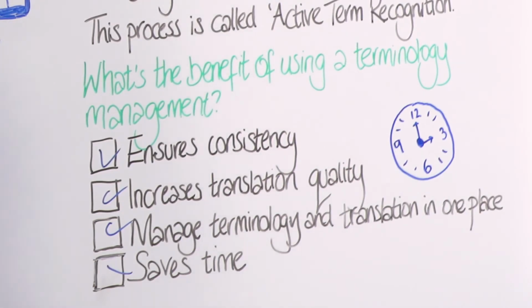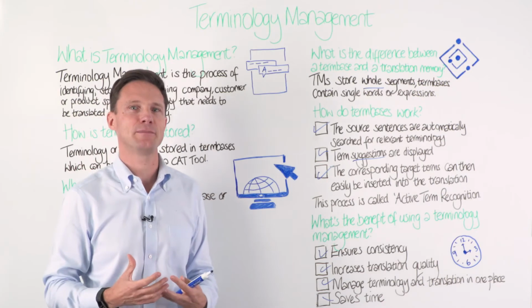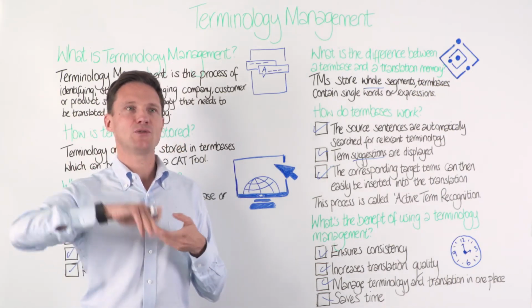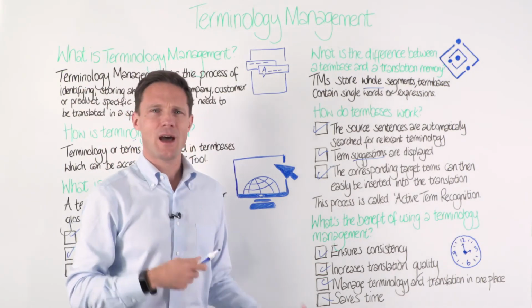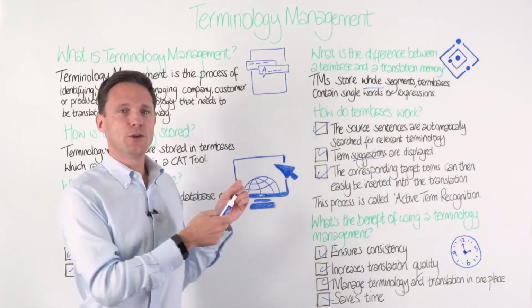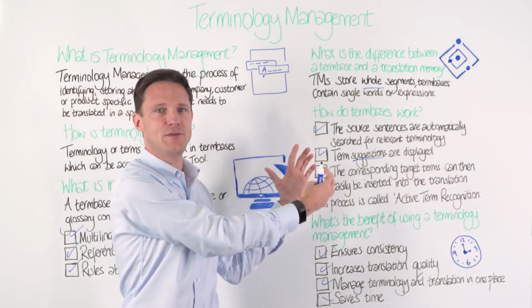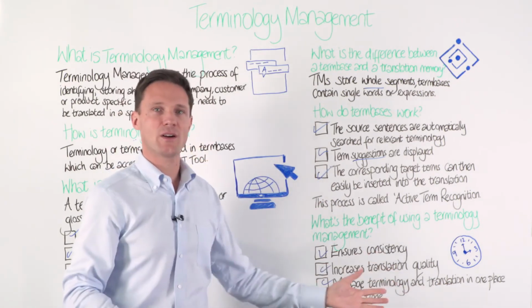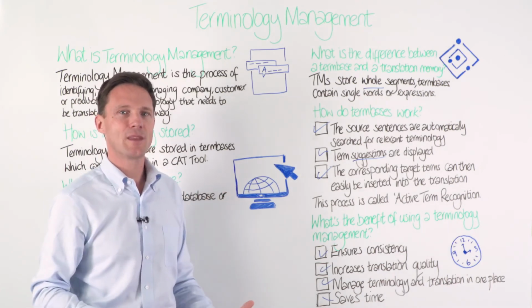Some companies have term lists of thousands of terms, literally thousands of terms. Can you imagine having to scroll through manually and figure out, was this a term? How do I need to translate it? So having a terminology database that automatically identifies what the terms are and how they should be translated as you work, and suggests them to you, can save you a huge amount of time.